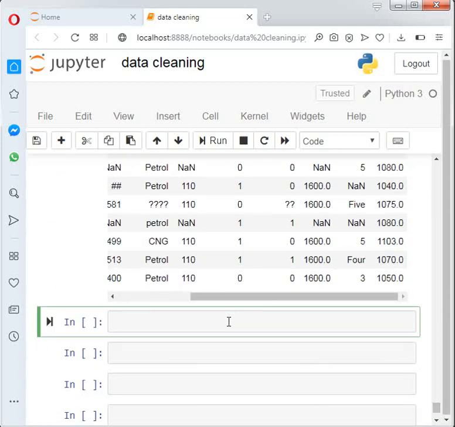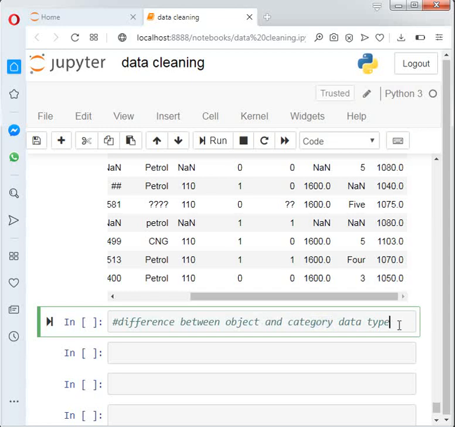One thing is most important in data cleaning: we have to find out the difference between object and category data type. Generally we use the object data type for any column, but you can also use the category data type for some reasons.